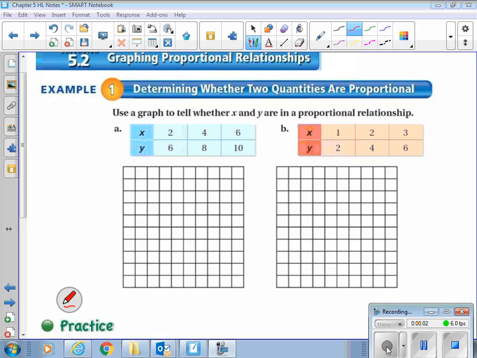This next lesson is an extension of 5.2. This is now graphing proportional relationships. So instead of checking your cross products or simplifying your ratios to determine whether things are proportional, you can also graph them. And the important thing to know about the graph of a proportional relationship, which I would like you to write into your note packet, is that all proportional graphs